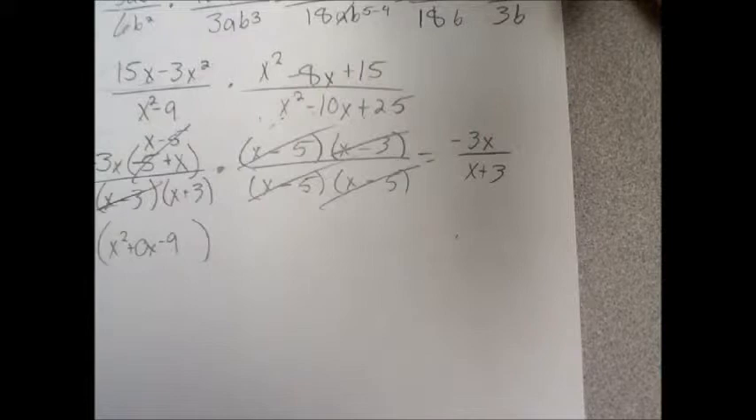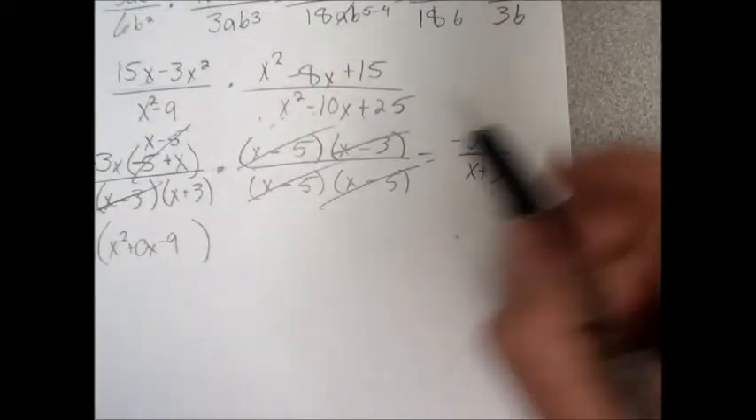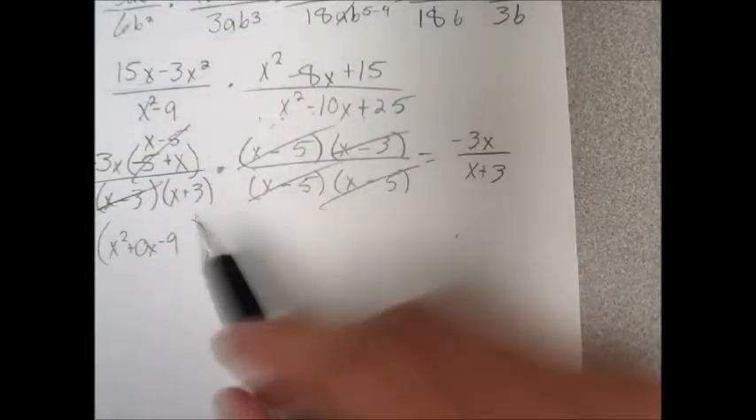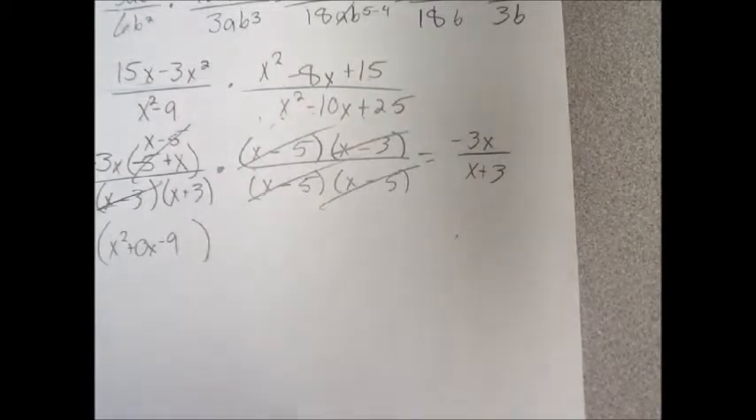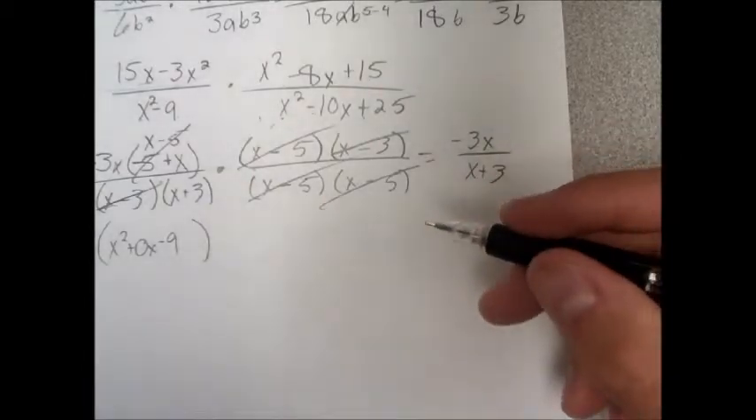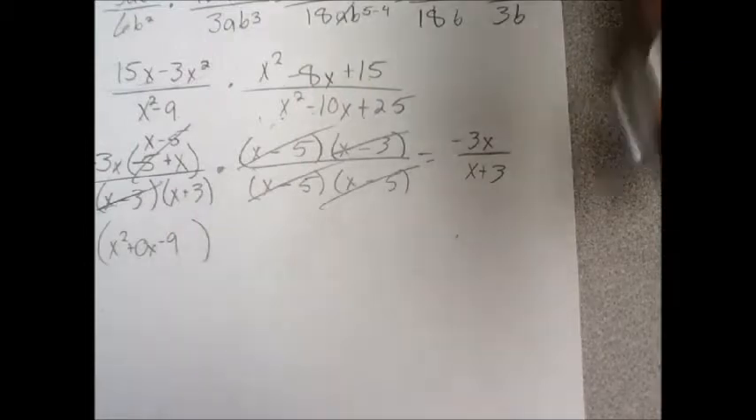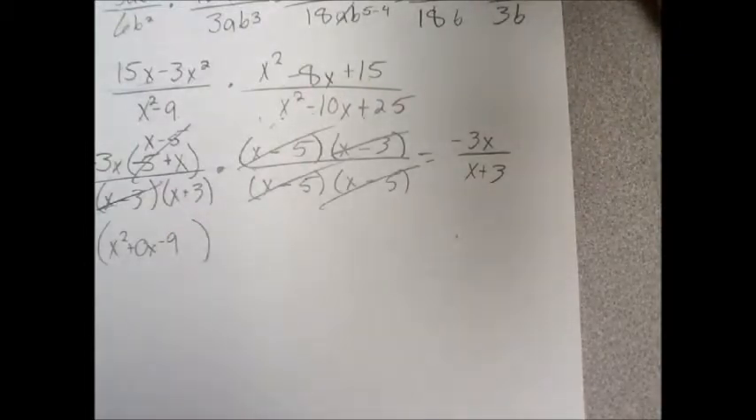See it all? So there's a lot of factoring, and then you can cancel out. But you cannot cancel until you factor. Okay? Any questions there? Now, if I want to identify things that are excluded values, I have to look at